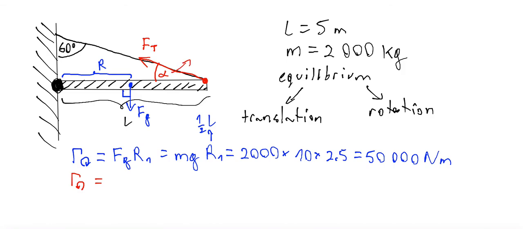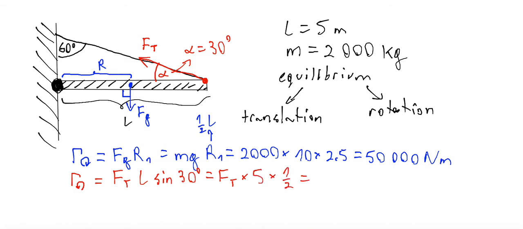Of course, in this case it's easy. 90 degrees is here, this angle is 60, so alpha is equal to 30 degrees. So it is tension, which acts at distance of L, this distance is L, length of the rod, and sine of 30 degrees, which is tension, which is unknown, L is 5, and sine of 30 is half, which is